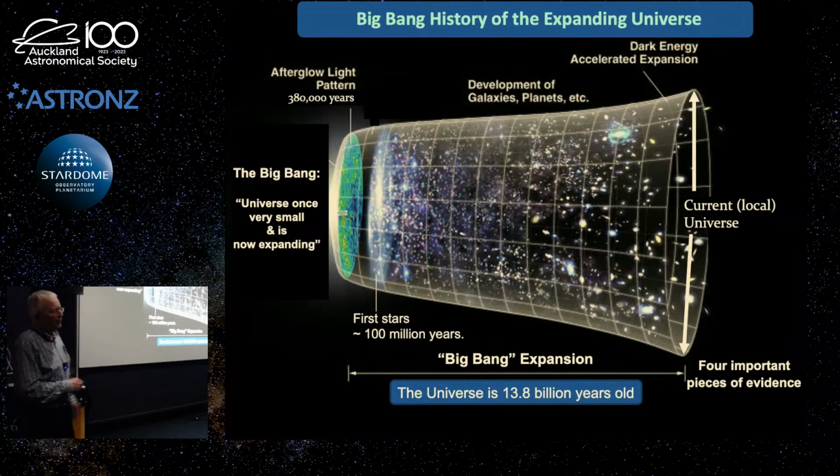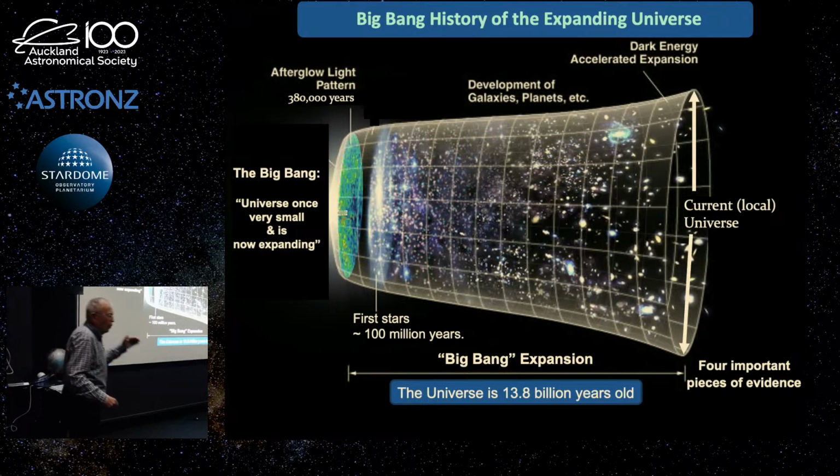And the Big Bang, a lot of people get this confused. They think the Big Bang dictates the whole beginning of the universe. The Big Bang theory, all it says is that the universe was much smaller and hotter than it is today, and it's been expanding. It says nothing about how the universe came about to being. We're into quantum fluctuations and quantum bubbles and all sorts of things. That says nothing about that. It just says the universe was once very small, and is now expanding. So it went through this phase of very rapid growth in the first split of a second called inflation, expanded rapidly, and then it's just been expanding slowly since then.